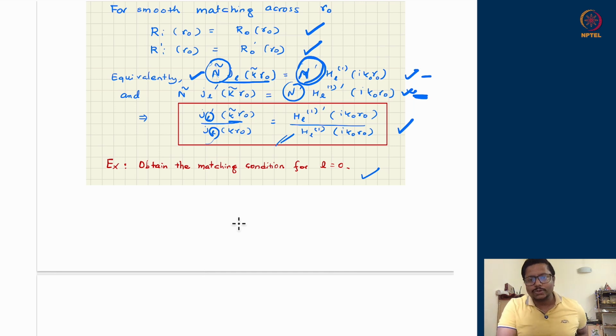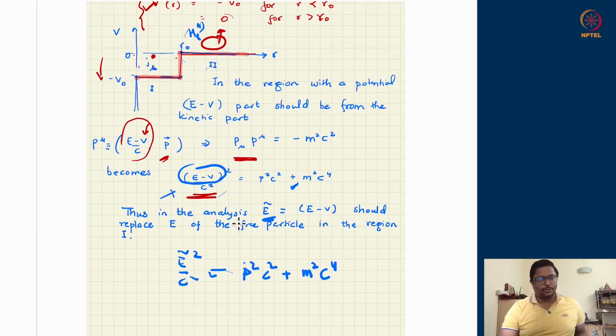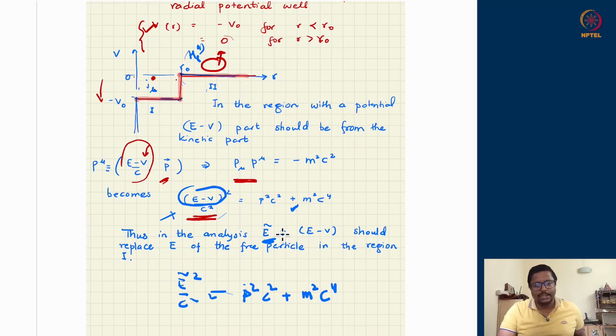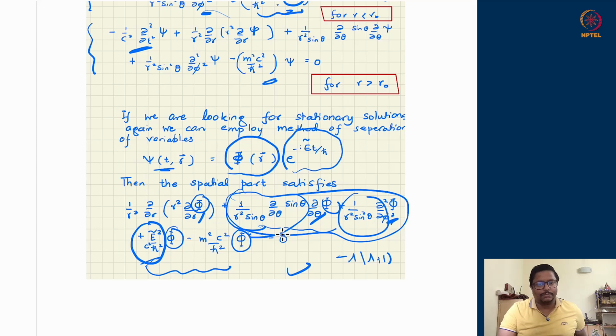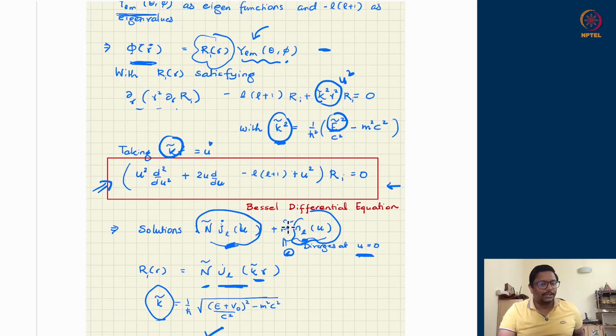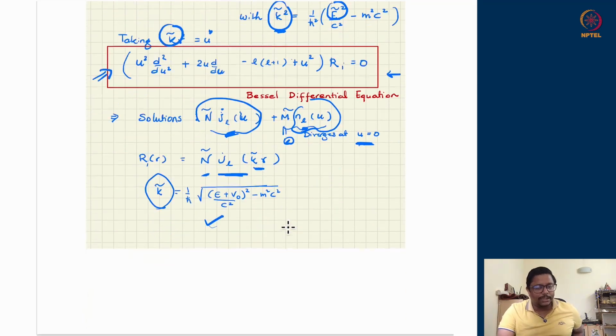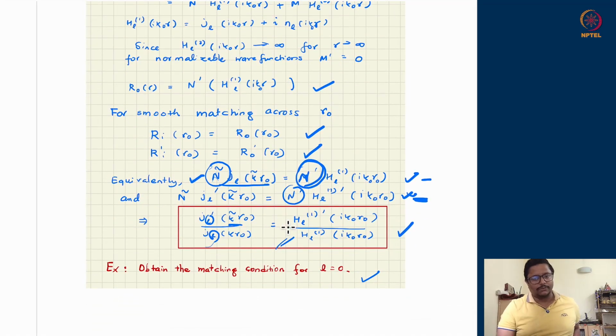Okay, so we know how to solve differential equations for a relativistic system in a standard scenario. We have solved this problem for a non-relativistic particle already in our quantum mechanics course. Now for relativistic particles, the Klein-Gordon equation should dictate the discourse, and the solutions which we obtain are the Hankel functions and the Bessel functions on the two sides, and their matching condition for smooth matching. This replaces the standard matching condition which we have obtained in the usual Schrodinger potential well problem. So this is the relativistic condition of the wave function matching. Okay, so I stop over here.